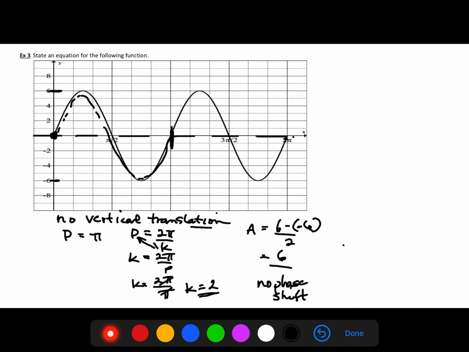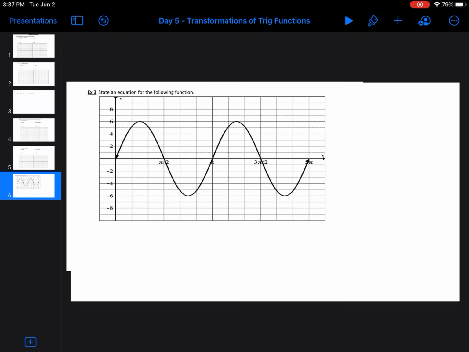Now we just need our phase shift, and because this starts right at 0, 0, there is no phase shift either. So subbing those values into our equation, remember we need our A, K, C, and D values. This can be graphed or labeled as y equals 6 sine 2x. Okay, so you look at the properties that were on our